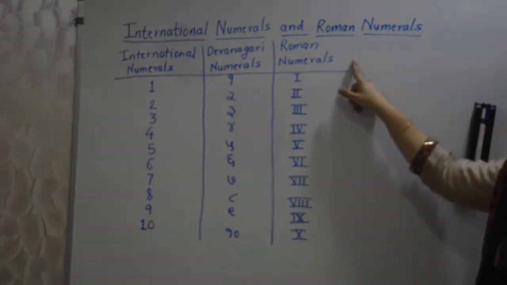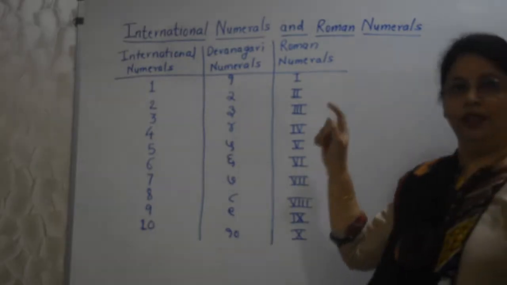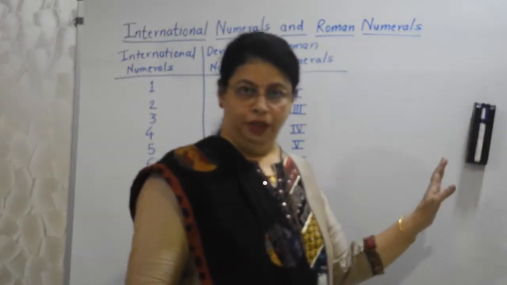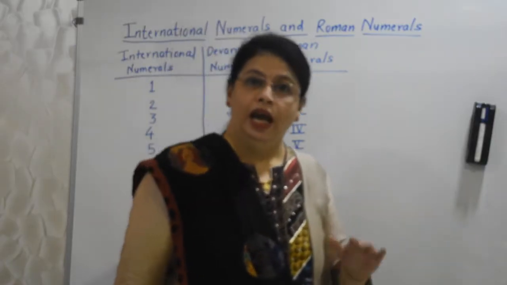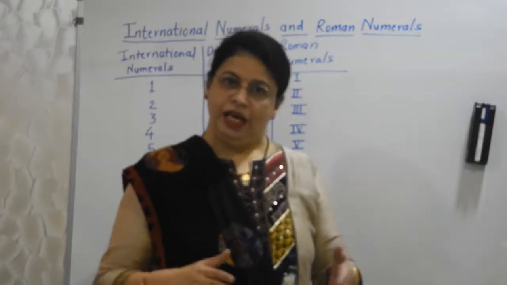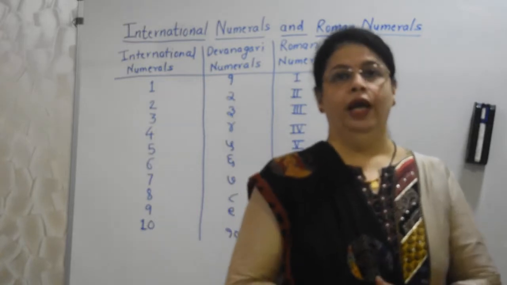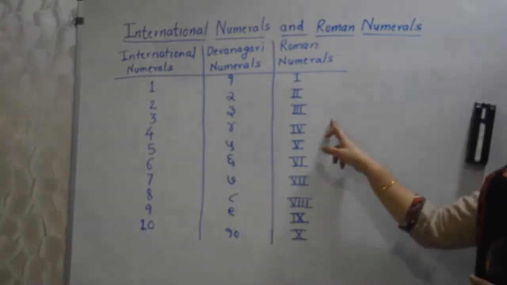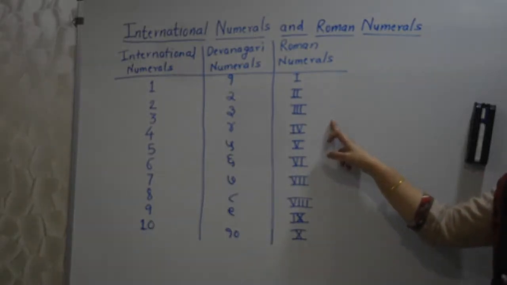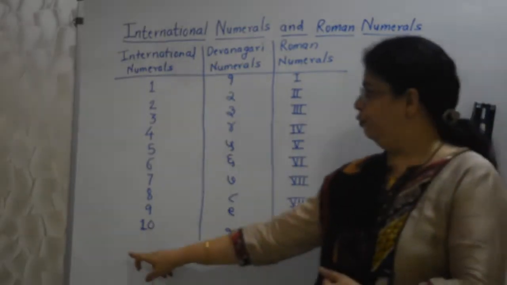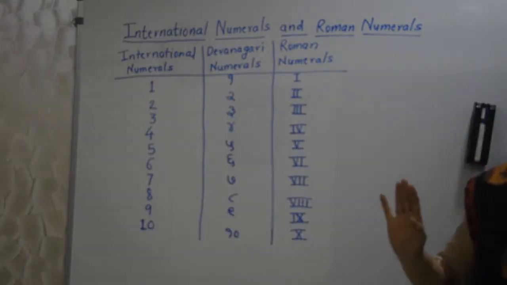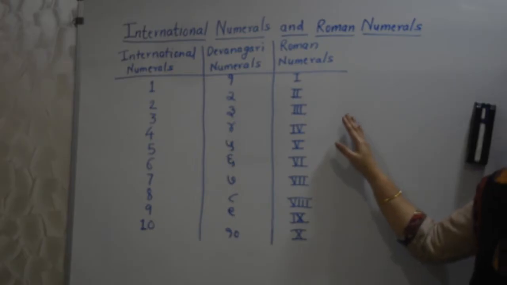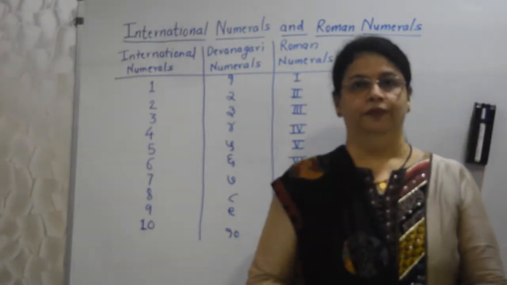Okay. Now Roman numerals are, as the name suggests, numbers used by the Romans, and these Roman numbers are written with the help of English alphabets. I'll be talking about it later. Okay. But as a student, you should know these three types of numbers. Only these 10 numbers if you know, most of the work is done. Of course, there are few more letters which we use in Roman numerals. I will be talking about it in this video only.